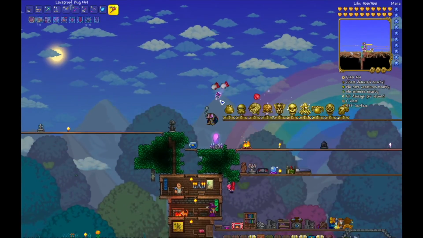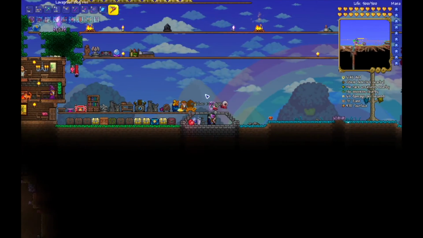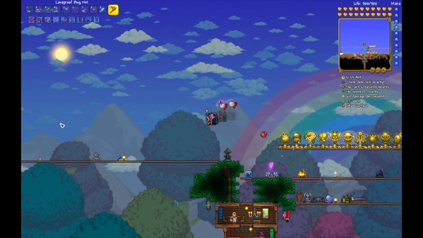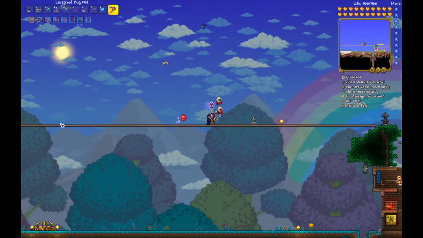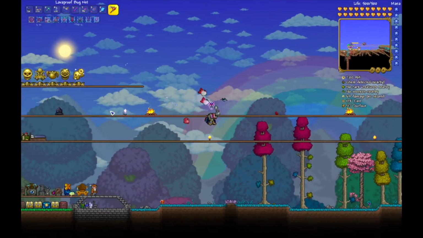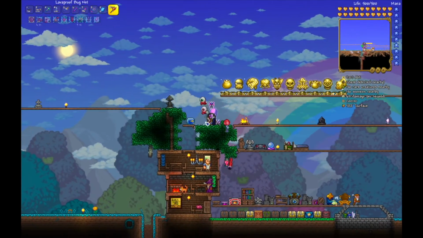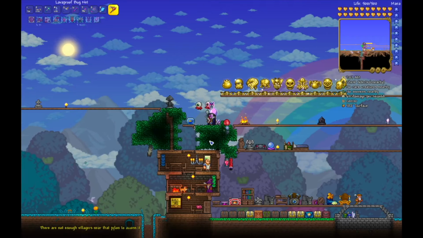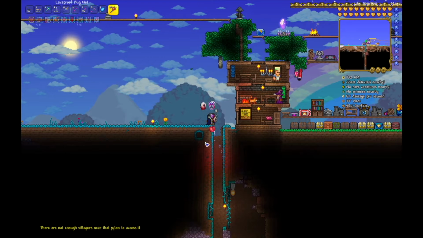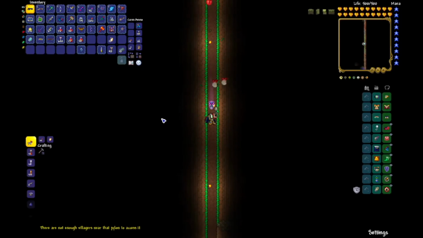Last episode, if you recall, I defeated the twins, and it was surprisingly easy. I don't know why it took so long, but it was a rather easy fight, and I'm hoping it's going to be the same with the upcoming Destroyer fight, because the object of this episode is not even defeating the Destroyer. I think I'll be lucky if I can do that,